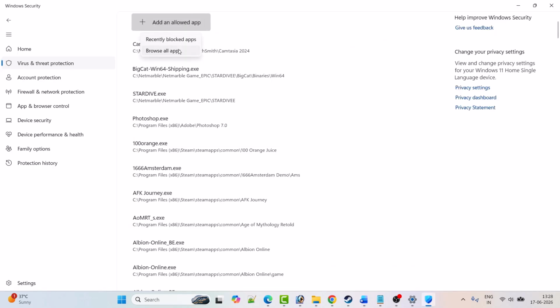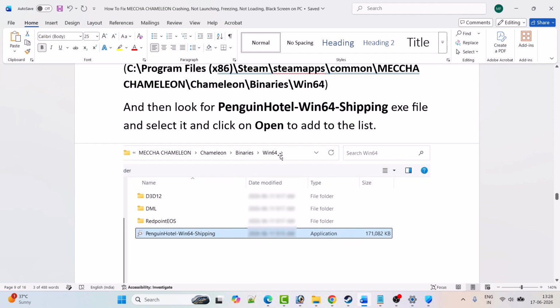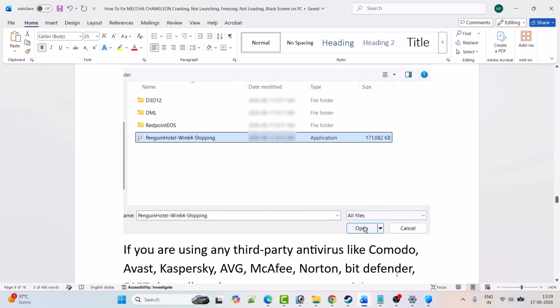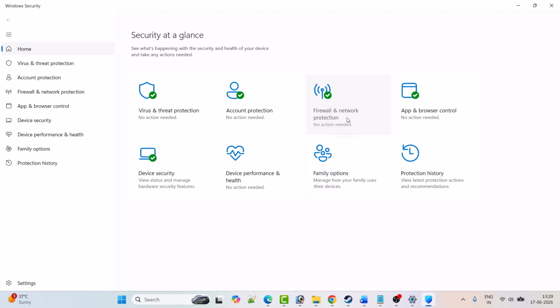Again click on add an allowed app, browse all apps, and this time open the Chameleon folder, Binaries folder, Win64 folder. Select the Penguin Hotel Win64 Shipping exe file, click on open to add it to the list. After adding both exe files to the list, go back, then click on firewall and network protection, click on